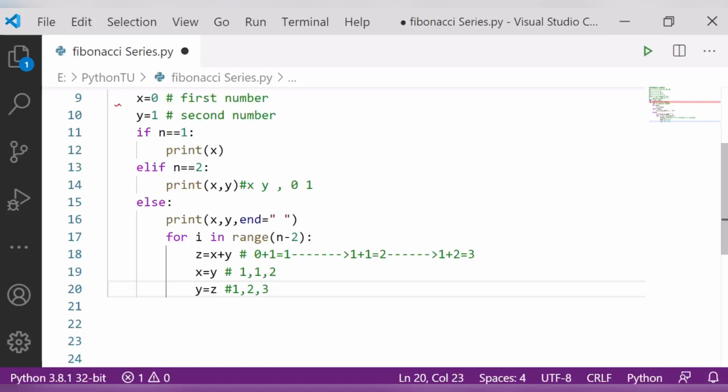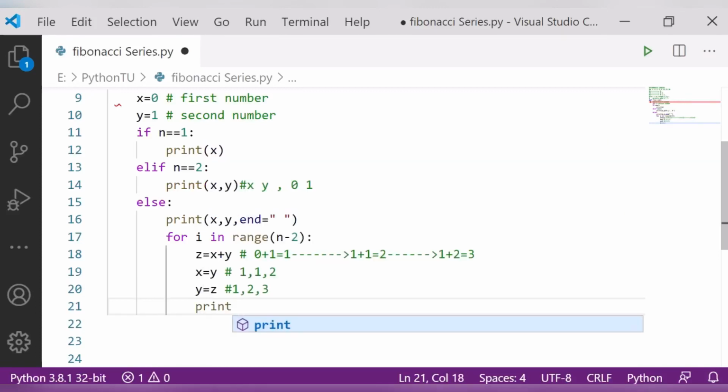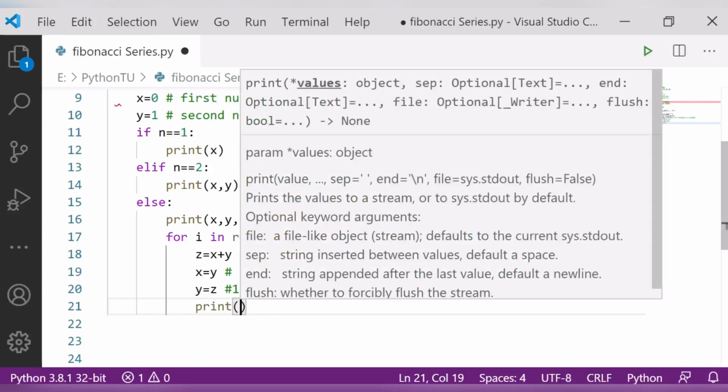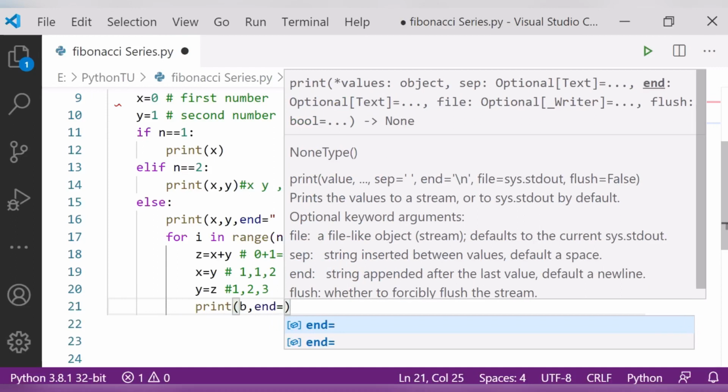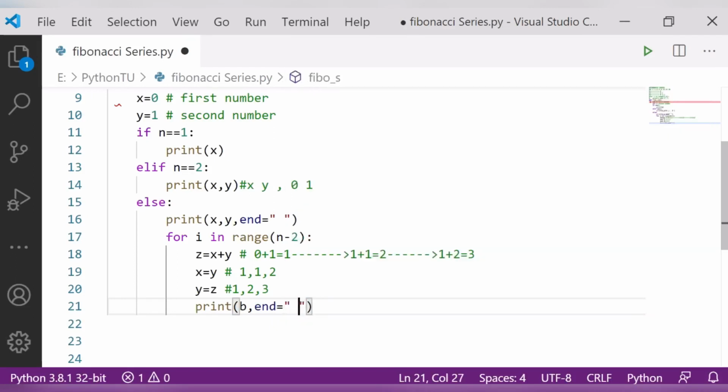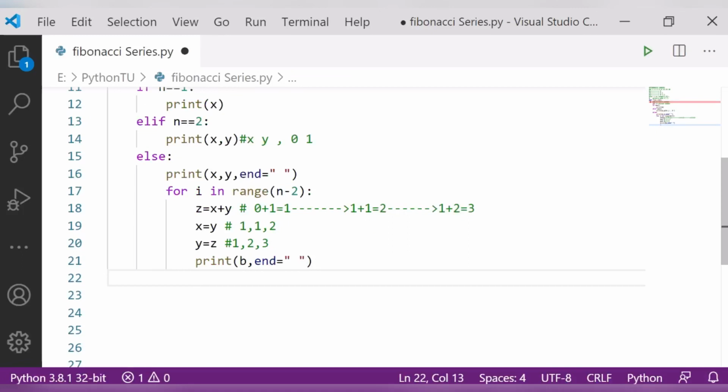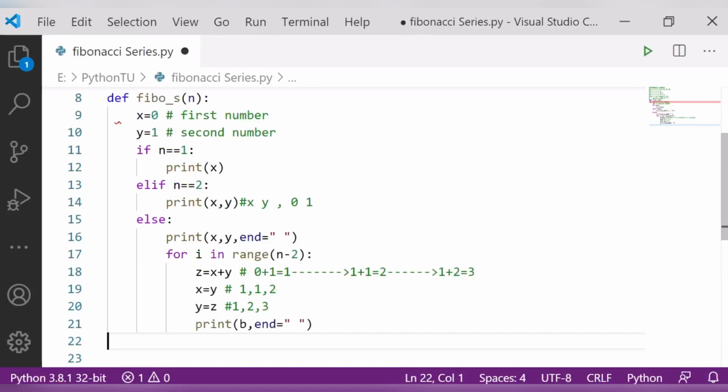So let me print it. So what do I have to print here now? print, b is equal to, to call my function. So I will call my function here. What was my function?